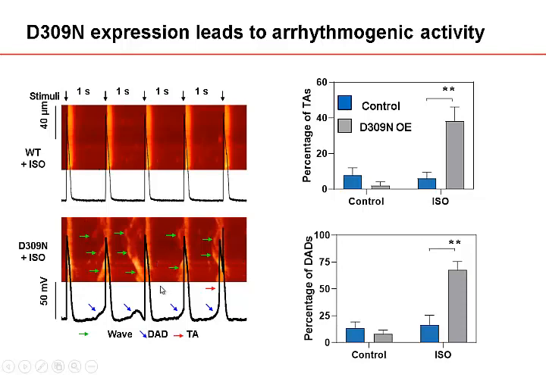Chaotic calcium waves, DADs, and triggered activities are cellular hallmarks of CPVT, suggesting that blockage of CSQ2 conductance underlies the pathogenesis of CPVT. Of note, the 309 mutant CSQ2 was expressed in addition to the natively expressed wild-type CSQ2 in